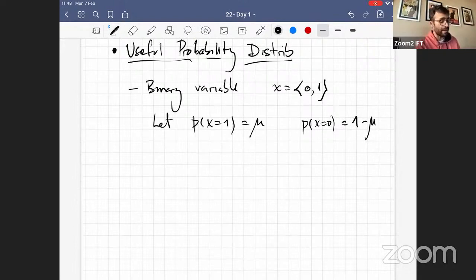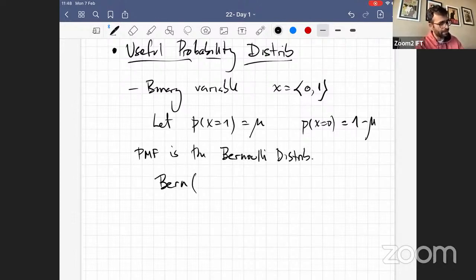And then the probability mass function describing a binary variable is the Bernoulli distribution, and it has the following form. When I have this notation, this conditional, the nomenclature here is that what is at the left of the pipe is the random variable. What is at the right of the pipe is a deterministic parameter defining the distribution of the random variable.